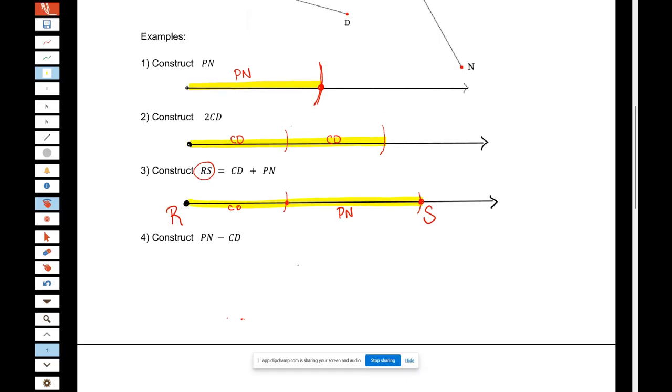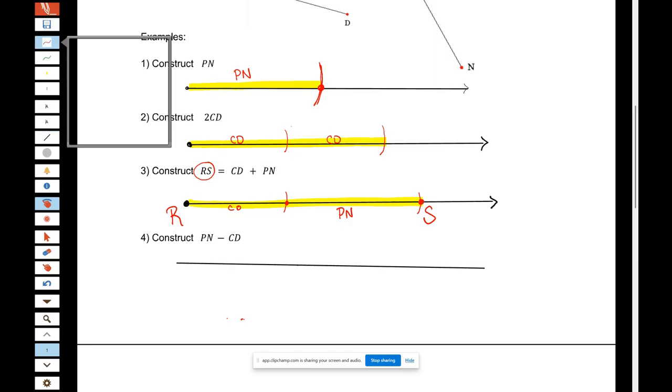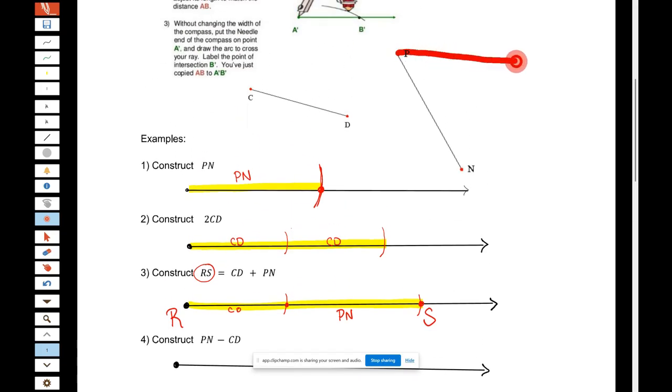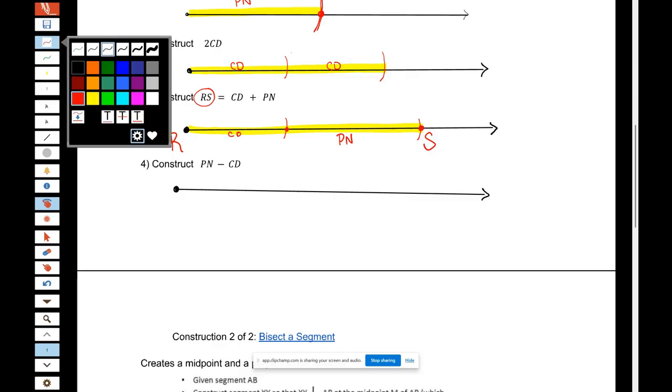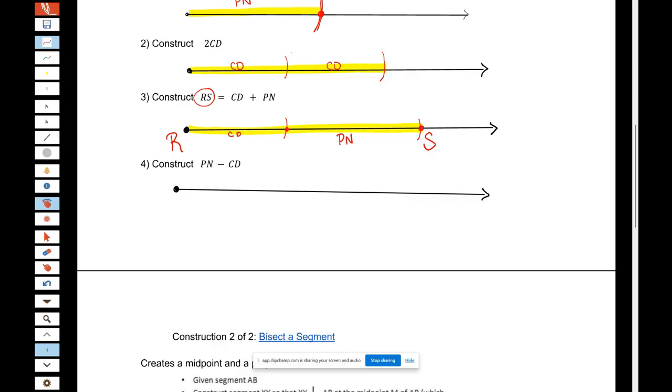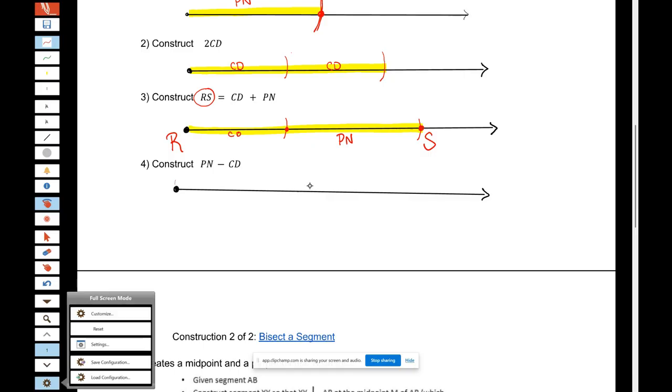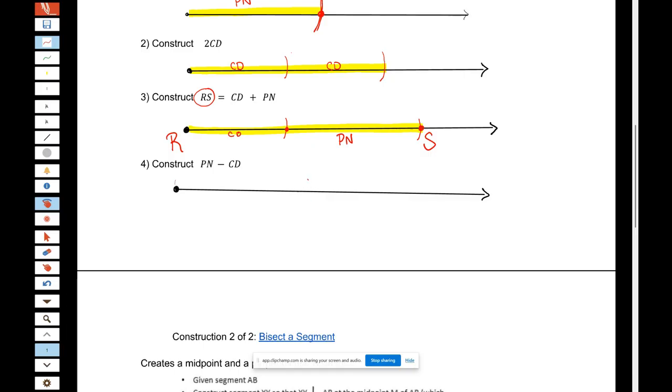Now the final construction is a little bit more exciting. I'm going to make my ray. I have to construct PN minus CD. So first I will open my compass to the length of PN and mark that off on my ray with my pointy part here and my arc mark here. All right, that's the length of PN. But then it says we have to take